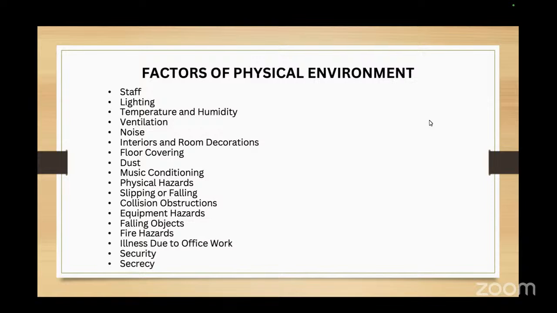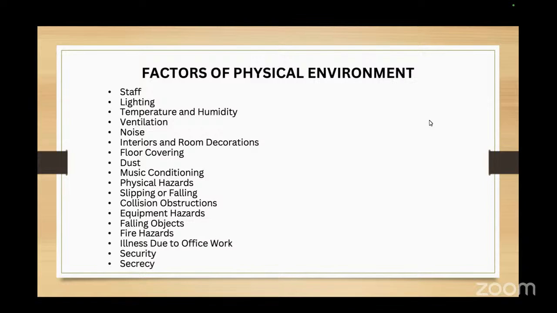Floor covering. The floor covering in an office may seem like a small detail, but it has a big impact on comfort. When employees are walking or standing for long periods of time, a good floor covering can make a difference in their comfort level. Floor coverings should be easy to clean and maintain, as dirty floors can create an unpleasant work environment. They should also be safe, made of materials that don't become slippery when wet, which could lead to